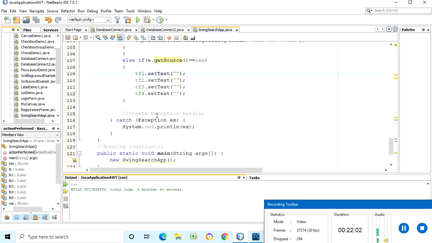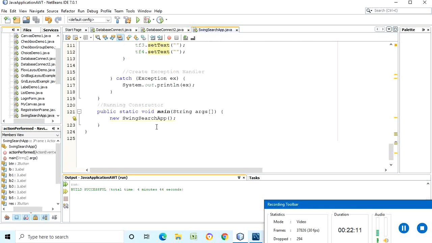This part we are keeping inside a try block, because there is a possibility of some exception, and the exception will be handled using try-catch. Within the main method we are calling the constructor of our class, that is new SearchApp.